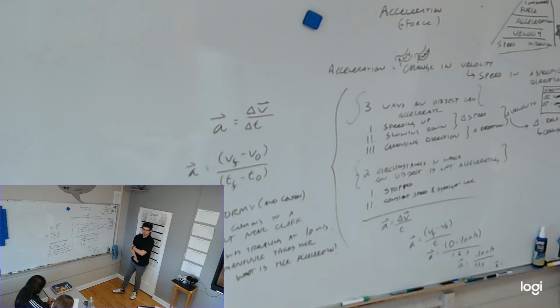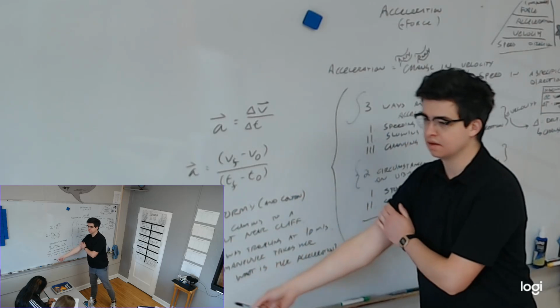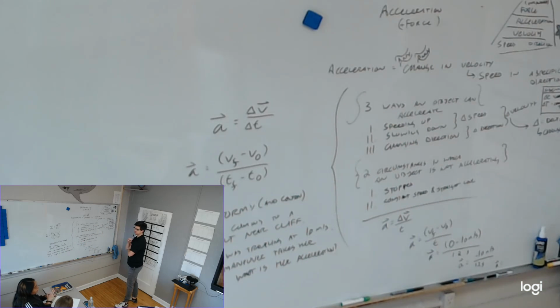I got you. Sorry. 10 divided by 1.25. No, not 1.25. I don't know where that's coming from. This is 1.2 seconds. My bad. Divided by 1.2. Someone else needs to do this too, because we can't just trust one person. Negative 9.1 maybe. Someone else do it too, please.